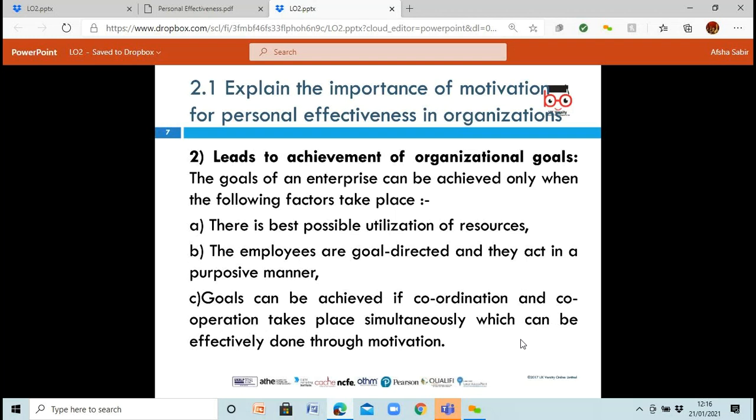So there's a utilization of resources, like we said. So use the people around you, use the money that you have, use the time that you have, and use it in the best way possible for what you want to do. So make sure the employees, the people that you hire as well, are goal directed. So both of you have got the same goals in mind. So you know that you all want to go in the same direction, and that they actually act in a way that will achieve those goals.